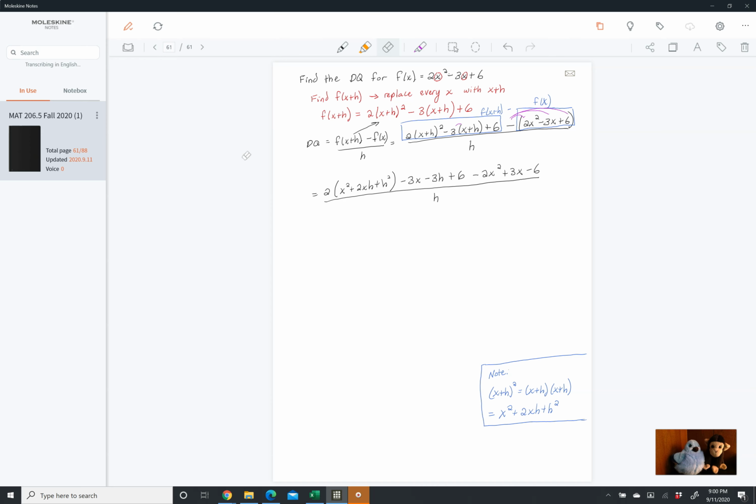We distributed this 3. And we squared the x plus h squared. Okay? Now let's get rid of this last set of parentheses. Now if you square the x plus h and you multiply by 2 simultaneously, I'm okay with that. Just be very careful. Okay? So equals 2x squared plus 4xh plus 2h squared